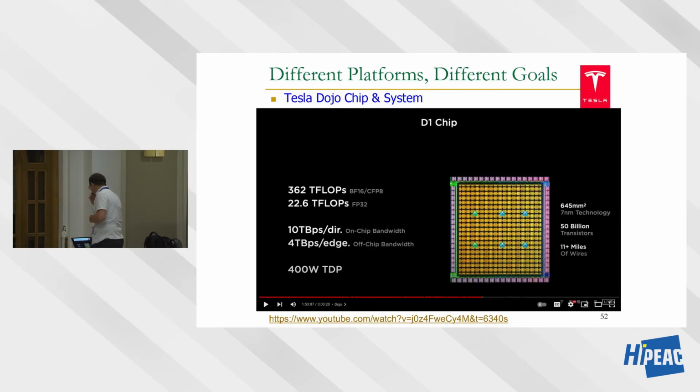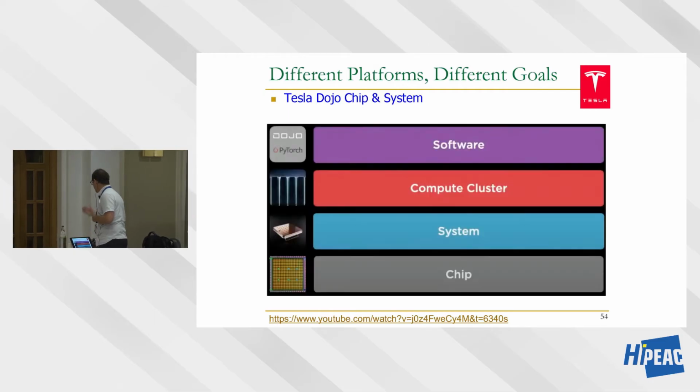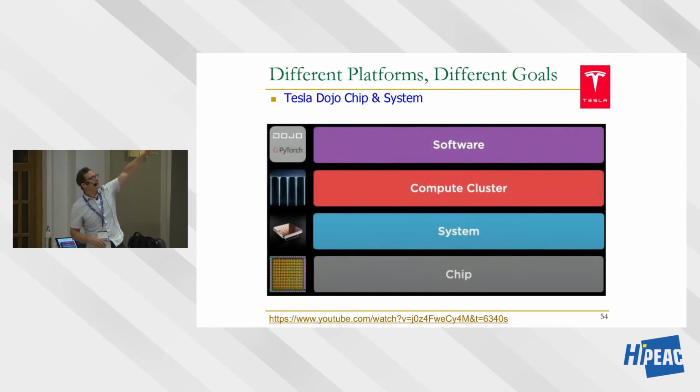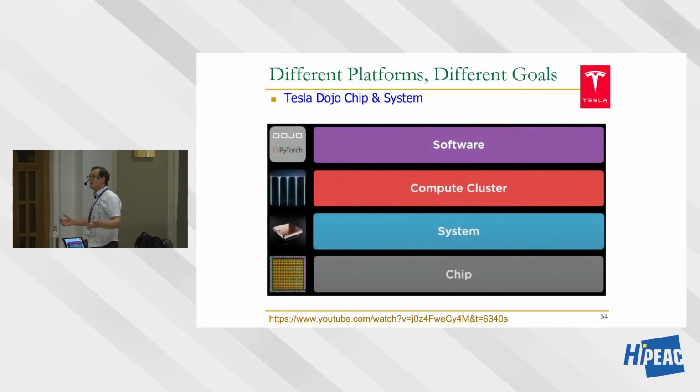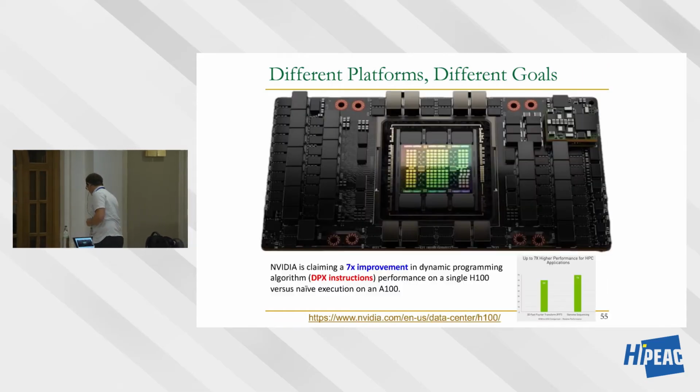And I like to emphasize this one because they have a beautiful talk on YouTube. They don't design just a chip to do the training and inference of machine learning, but they actually design the entire system, and this is one of the slides that they use in the talk. Chip is part of it, but you really need to design the software, cluster, system, and chip so that you can do the training based on the data that's coming from many, many different cars, right? Okay, this is a GPU, which you may have used.